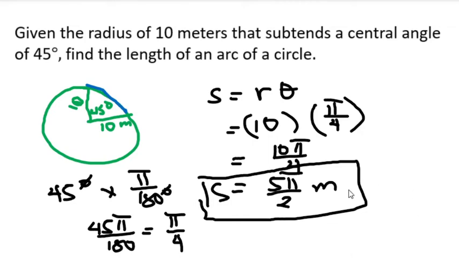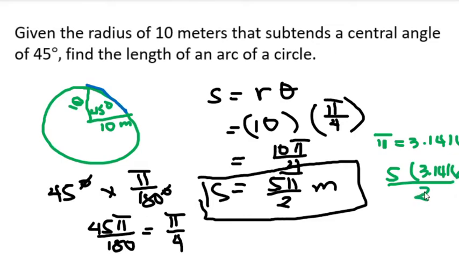Now, kapag naman binigay yung value ng pi, let's say, ibibigay yung value ng pi wherein yung pi natin ay equal sa 3.1416. Let's say, yan yung binigay na value para kay pi. Yan. Kasi kung gusto natin maibigay yung value not in the terms of pi, so solve natin. So, magiging 5 times 3.1416. Okay? We divide it by 2. So, the answer is, when we solve that,